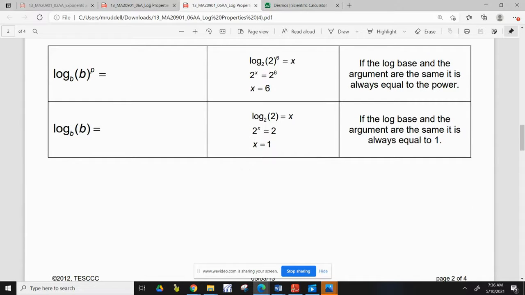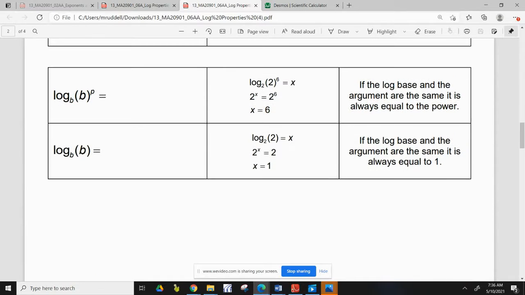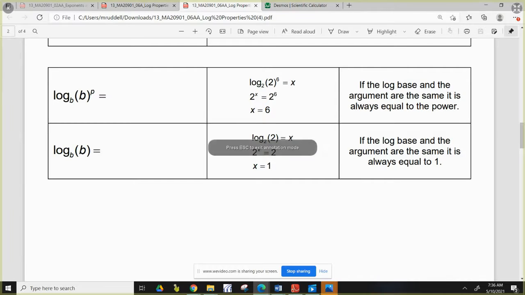These two, notice that the base and the argument, or the number or the letter that's in parentheses, are the same. I'm talking about this b is the base, this b is the argument. They're the same. When that happens, these two basically cancel out, and your answer is the exponent. Look here. The 2's cancel out. Because if we were to write that one,